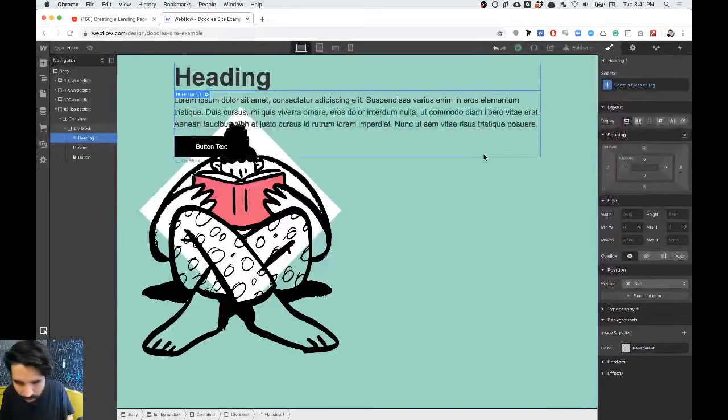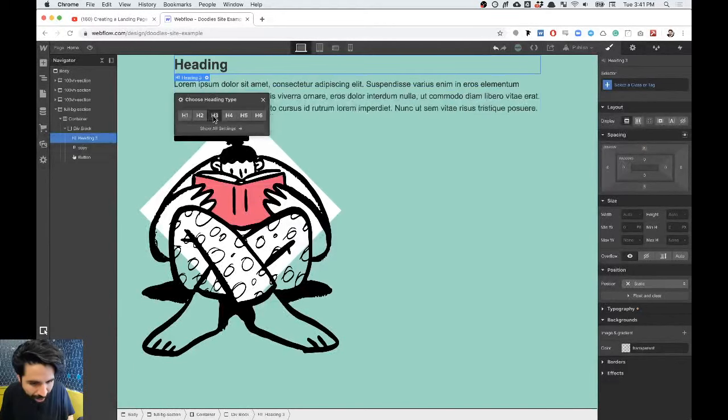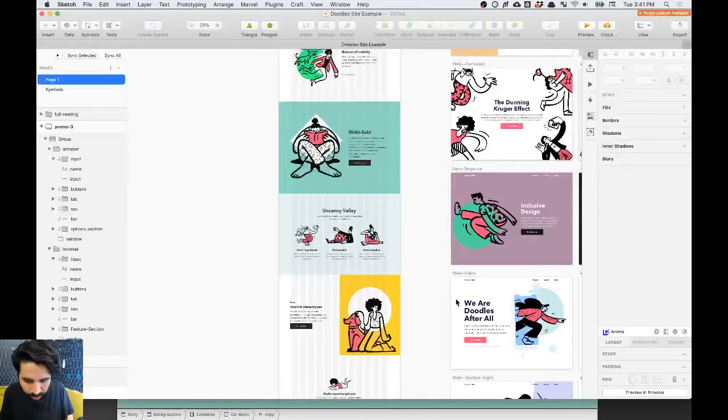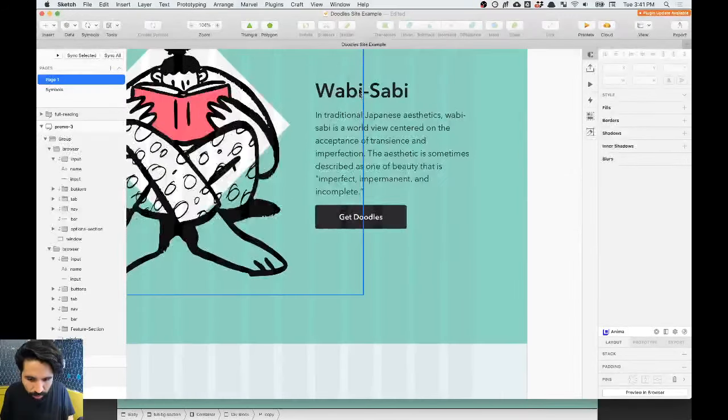I think we can change this to H3 and it should have the same styling. And there you go. Now let's change the content of it. This should be wabi sabi,